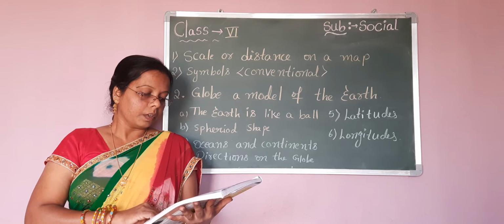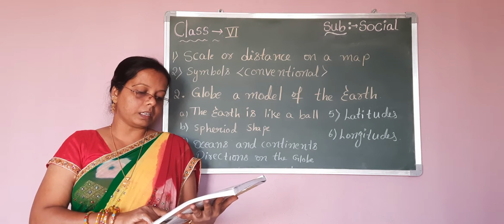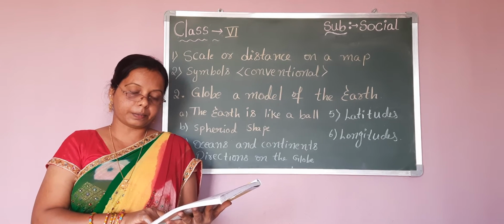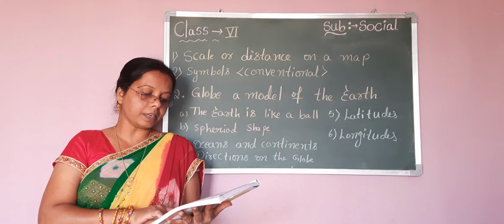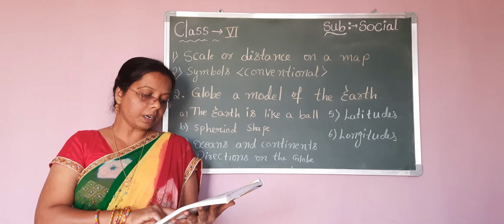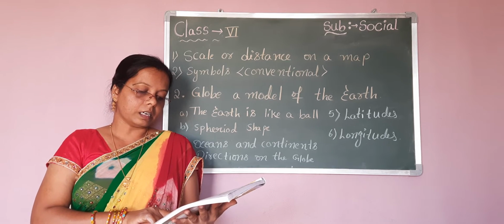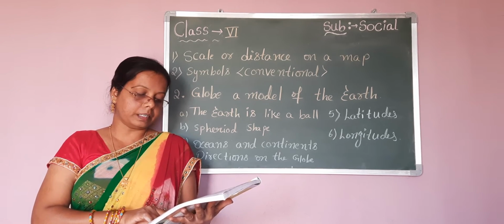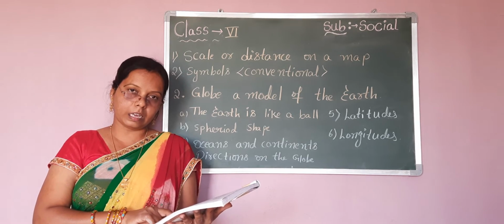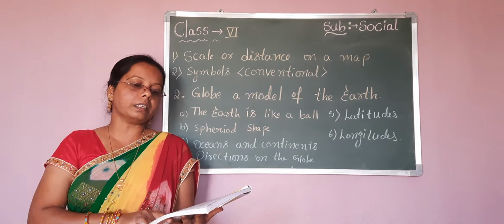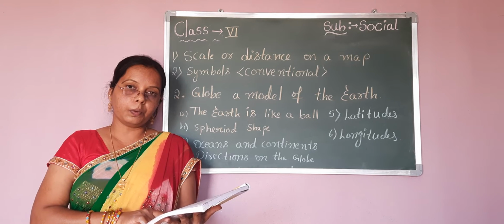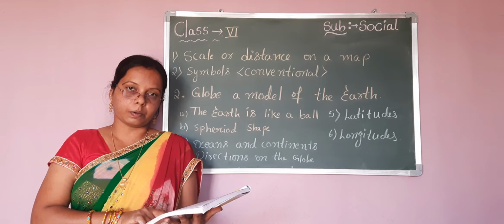Here, 5 centimeters on the sketch map is equal to how many meters? That is 400 meters. Write down: 5 centimeters on the sketch map is equal to 400 meters. 1 centimeter on the sketch map is dash meters on the bridge. 1 centimeter equals 100 meters. So this is called the scale. This is one of the calculations given in your textbook. I hope you listened well and noted it down in your textbook.